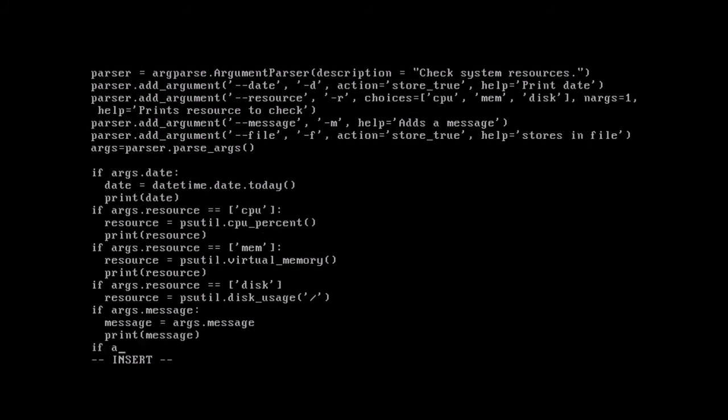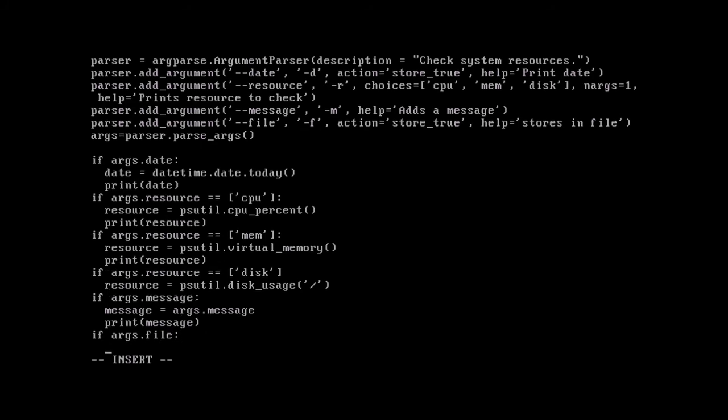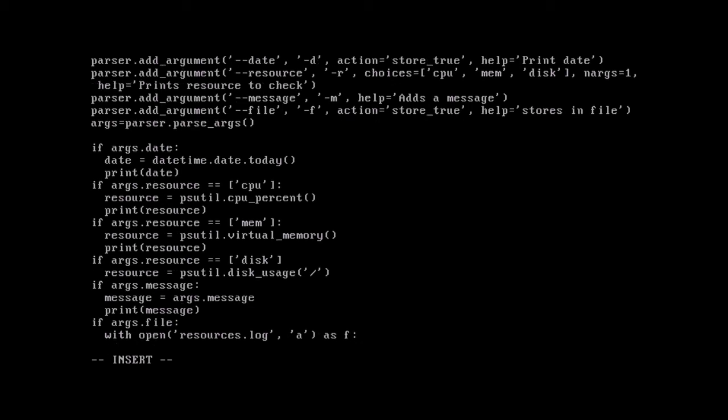And finally, if args.file, I'm going to open up a file, so the way to do that is with open, and I'm going to name the file resources log. And that's going to enter all the information that the user requested and put that into our file so they could have it as a log file. And I'm going to use A for append, so that way it doesn't overwrite the existing data, as f colon indent